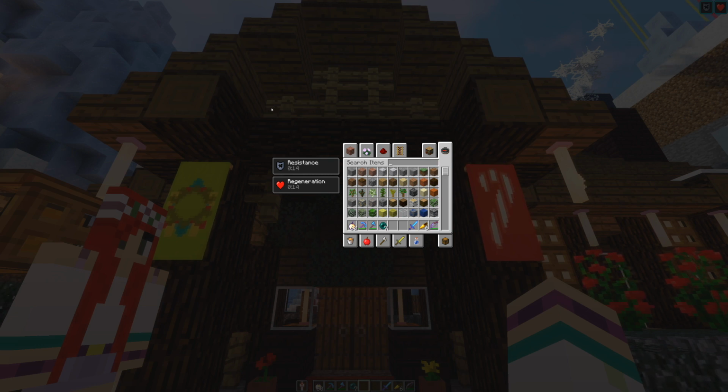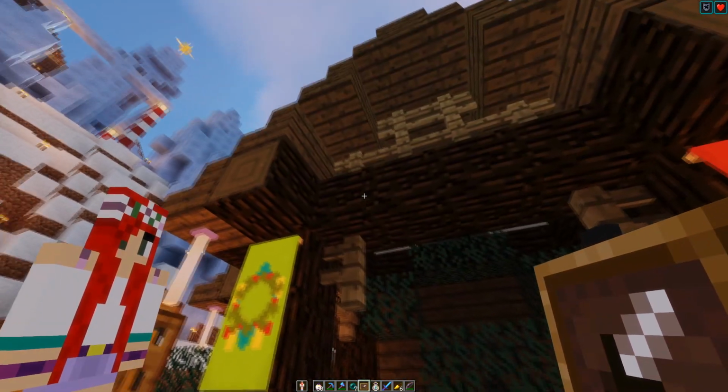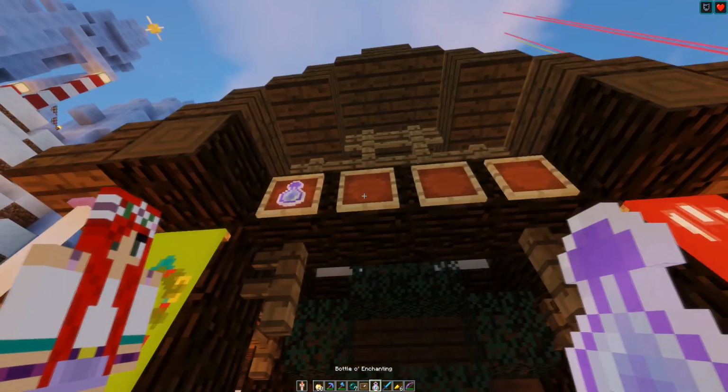Let me get it and I'll show it. Item frames and experience bottles, and it looked really cool. It's a shame it's not XP. Let's do bottle. There we go. A bottle of enchanting. So I had a really cool thing where along here he had experience bottles, and some